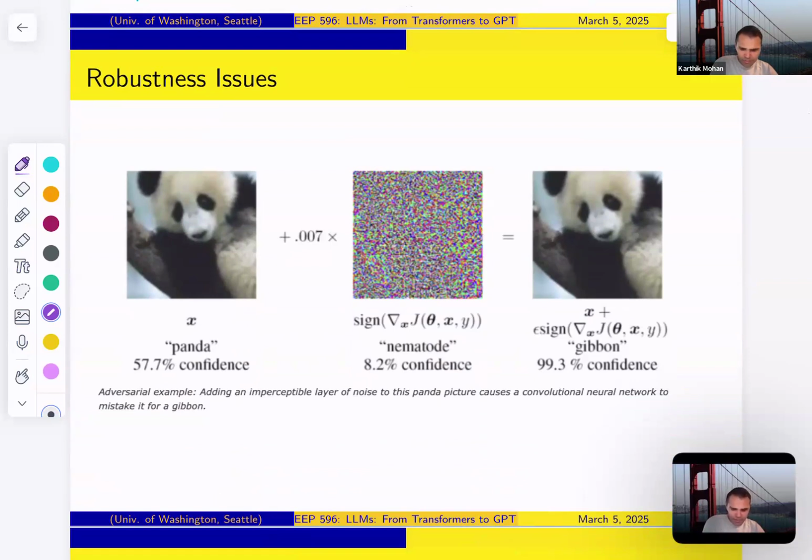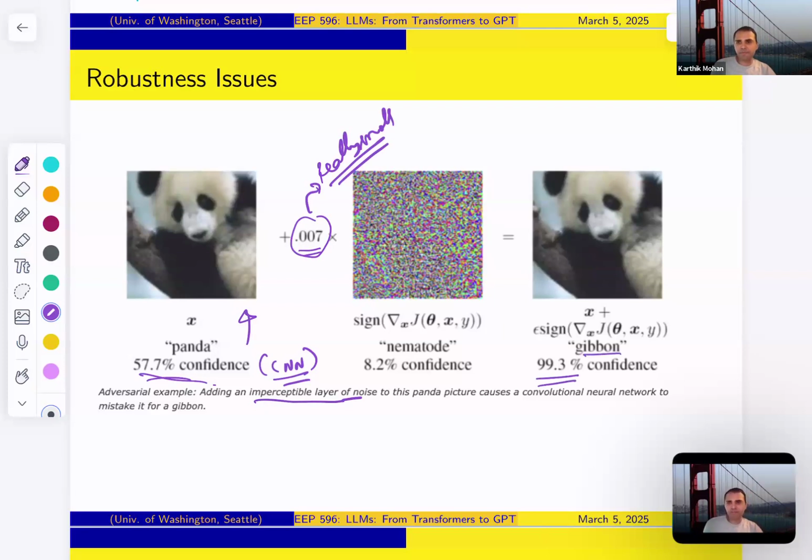This is one of the earliest issues. This is a computer vision model from quite some time back, where this is an image of a panda, right? And the model says it's a panda with certain confidence, 60% confidence. So it's a much earlier computer vision model based on a CNN, right? So the CNN says that this is a panda, but then you add this imperceptible noise, right? Really small coefficient, and then it says with 99.3% confidence, it's a gibbon. But if you look at the image, nothing's changed for us visually in a perceptible way to say that now I'm more confident that it's a gibbon. But for a machine,